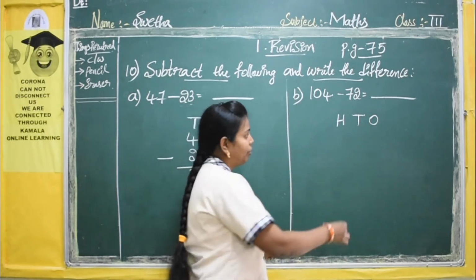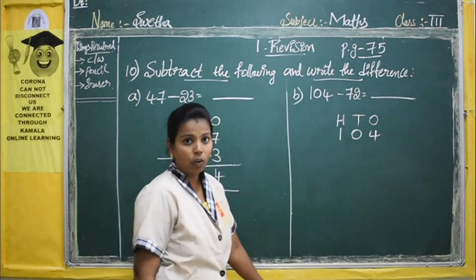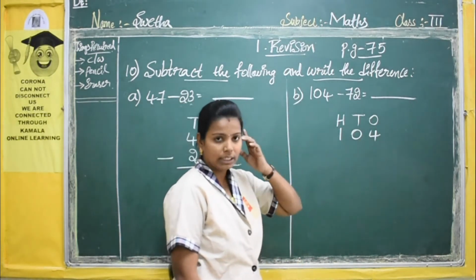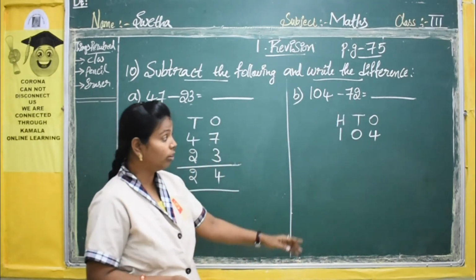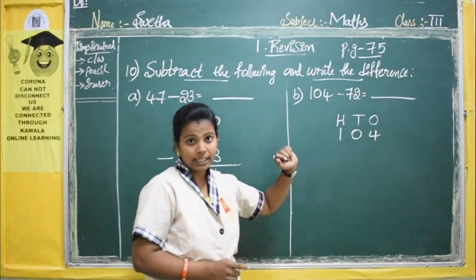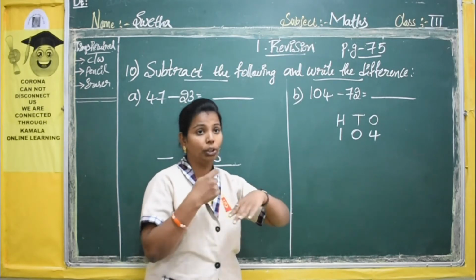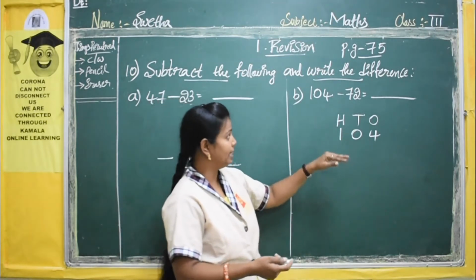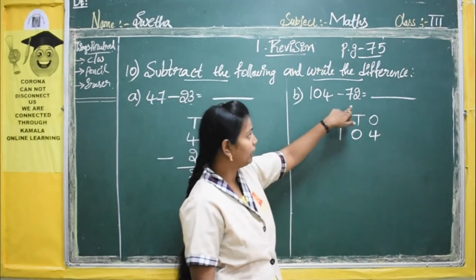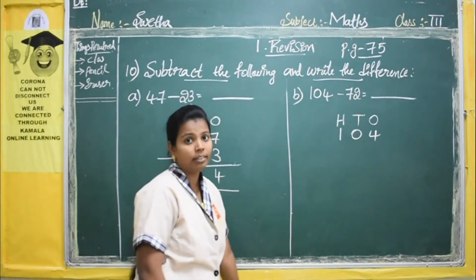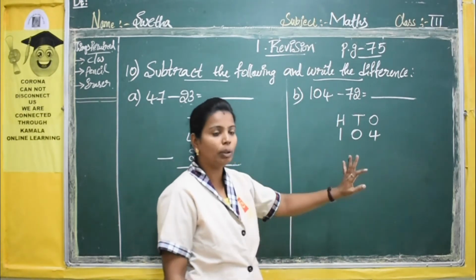Yes. Now we will take the first set of number: 1, 0, 4. Okay. So 104 is the first set of number. Then 72. See, I said, no, if you write the places and if you write the second set of number from the last, it will become easy for you to write the problem. See here 1, 2, 3 numbers are there in the first set. To make you confused, they have given only two digits here. So how will you write? If you take from the first, it will become wrong. Definitely it will become wrong.